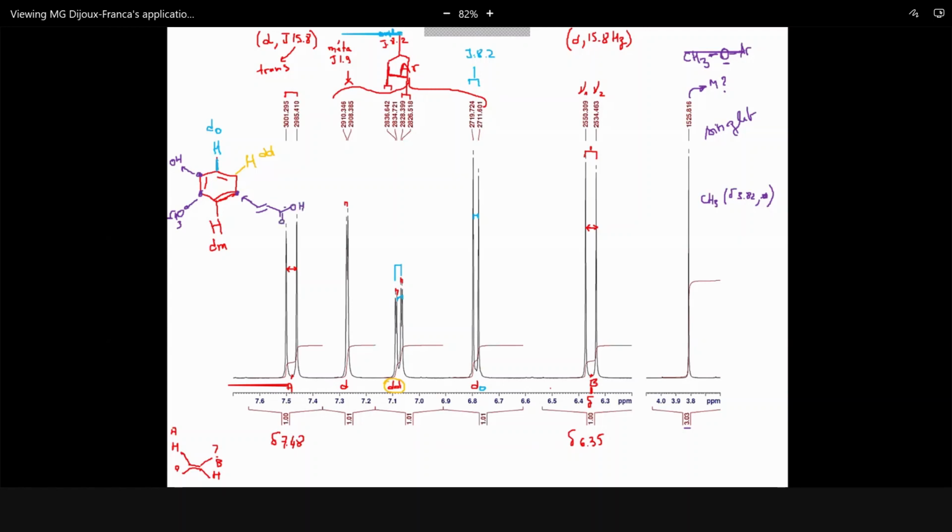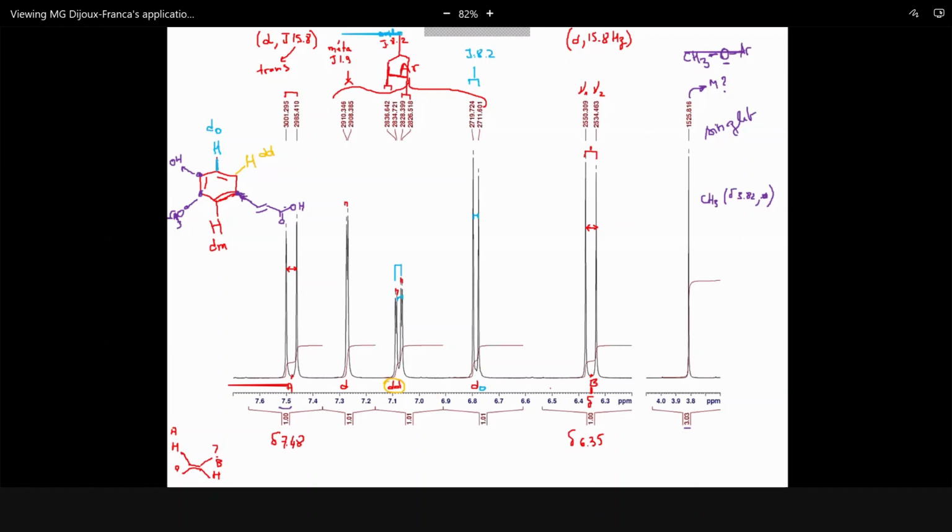I can write this, but up to now, I have no idea if this is the right structure or not, because I could put the double bond in another place. Same for the CH3. So at this point, I can propose many structures, at least 3 different structures for this molecule. And what will help me to choose which one is the best one is to consider the value now,